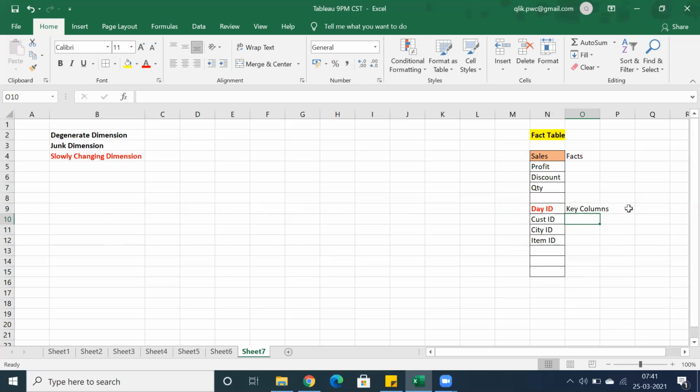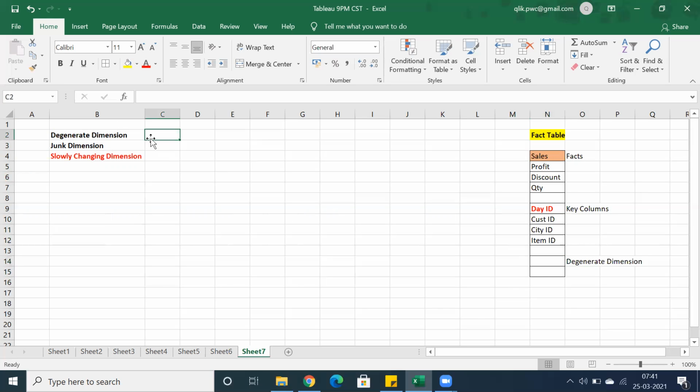We discussed that, something like foreign keys. But we have a concept called degenerate dimension. So what actually is a degenerate dimension, and which column do we call a degenerate dimension?